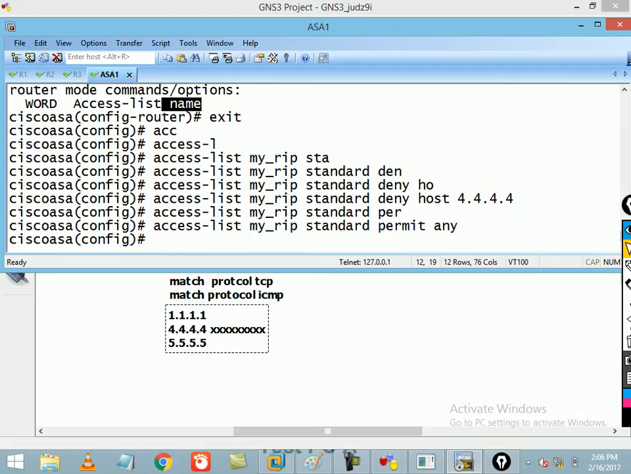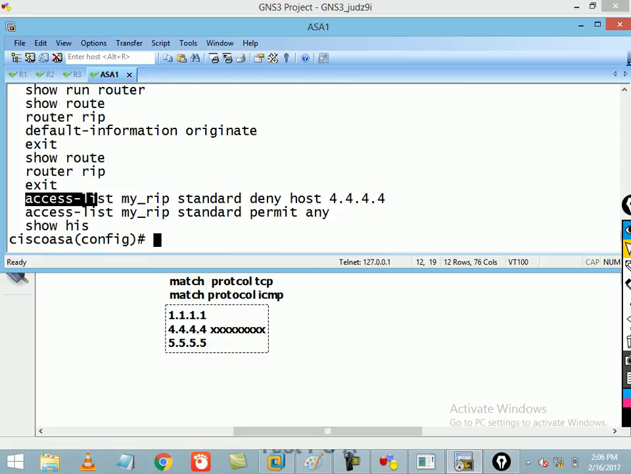ASA पे भी implicit deny का concept work करता है. So implicit deny is also there. So I have configured an access list, show history, access list, name of the ACL, by default it is going to take extended, so I said standard, action is deny, and I want to deny this thing, and the rest of the thing is permit. So now router